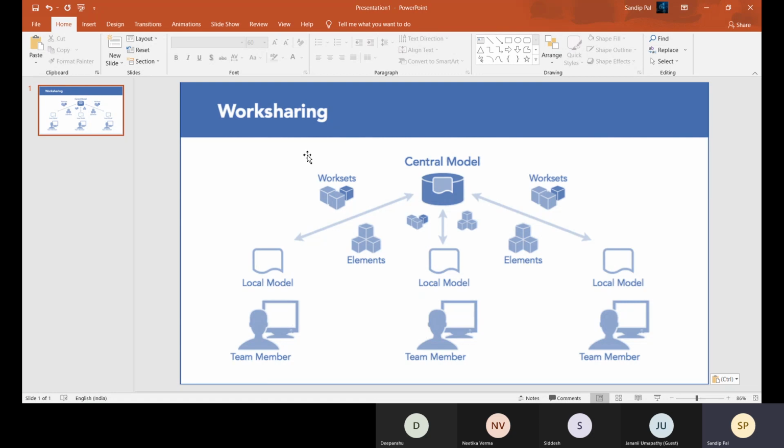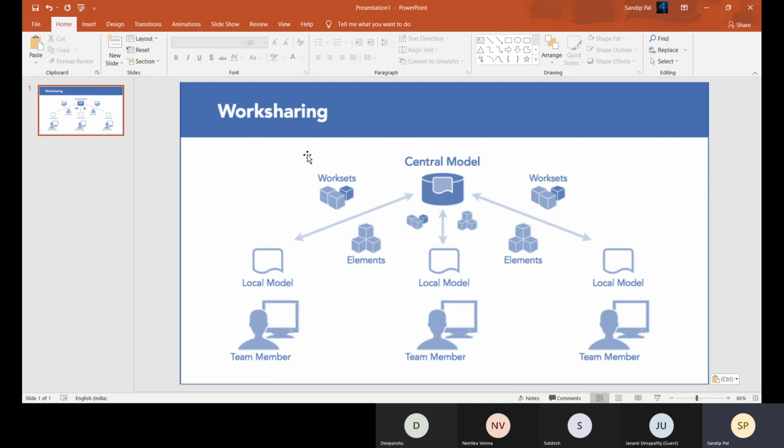They manage all the data together, put in all the information, highlight all the issues, and solve all the issues at the same location. BIM 360 is a common data environment platform, and you can understand that BIM 360 or the CDE is a cloud platform.